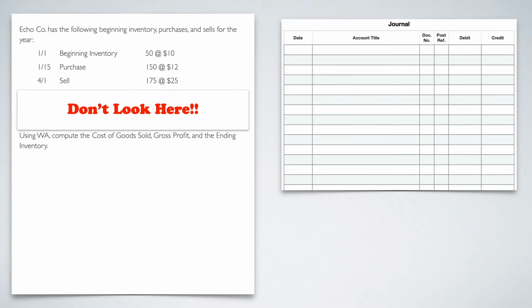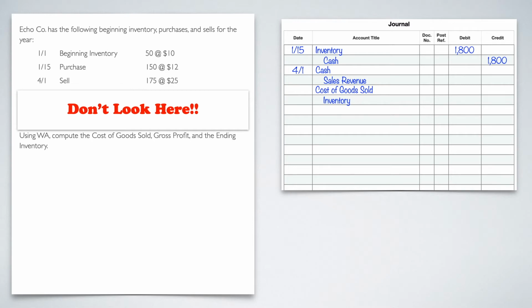So going back to the journal entries that we were doing, the first one doesn't change. The 115 entry for inventory and cash for 1800 is not any different. Then we get to the April 1st sale where we sell 175. So I'm going to put my accounts down: cash, sales revenue, COGS, and inventory. And then I'm going to start doing the calculations for them. As you can imagine, hopefully you have paid attention up to this point. The cash and the sales revenue aren't going to change because nothing has changed between the three methods in terms of what we sold and how much we sold it for. The only thing that's different is the method that we use, but that's for COGS and inventory.